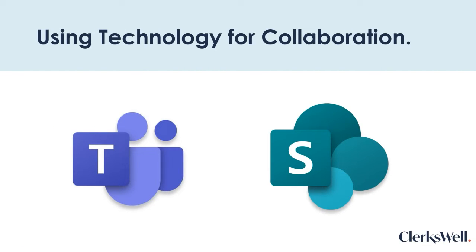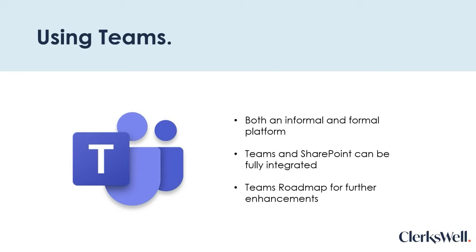Now that we've understood the basics of employee experience and some strategies to implement it outside of technology, we can get into the details of how you can use Microsoft 365 to optimize EX. So let's start with Teams. We think the first and most crucial step towards organization-wide collaboration is fully integrating Microsoft Teams and using the application